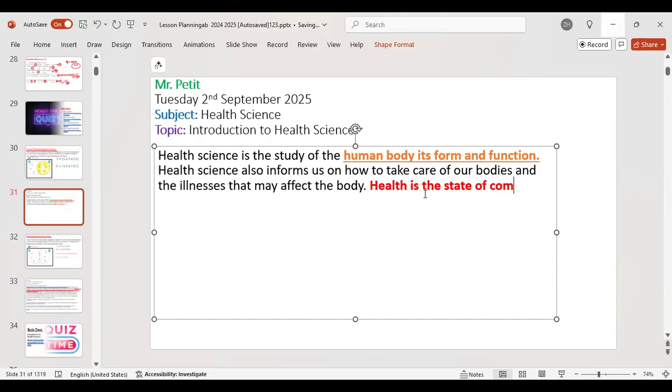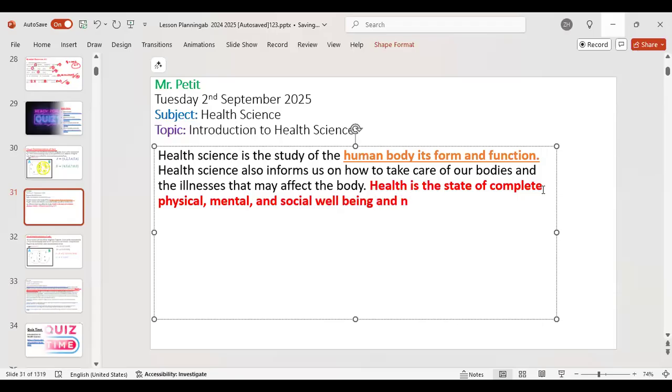So health is a state of complete physical, mental. By the way, they will ask you this in your exam. At least I shouldn't say they always do. That is a possible question, and I've seen it before. So make sure you know the definition of health. Health is a state of complete physical, mental, and social well-being,